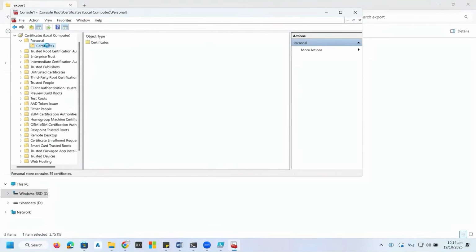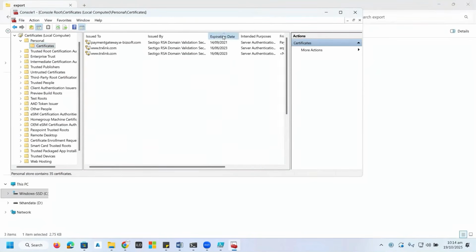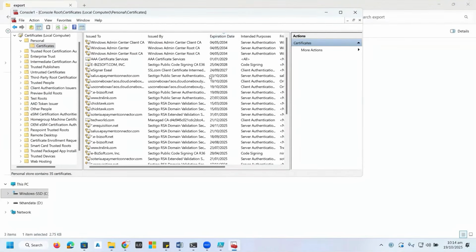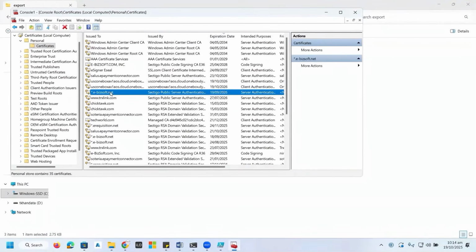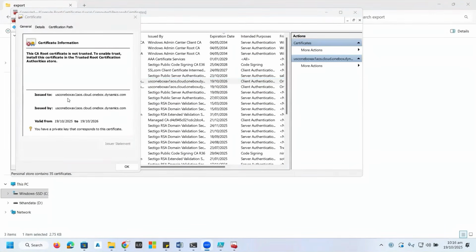Here I just click the certificates, and from here we can verify them. Let me check that certificate over here. You can see the proper certificate is installed for 1 year. It will expire on the same date in 2026.